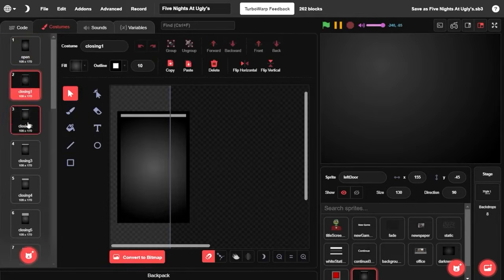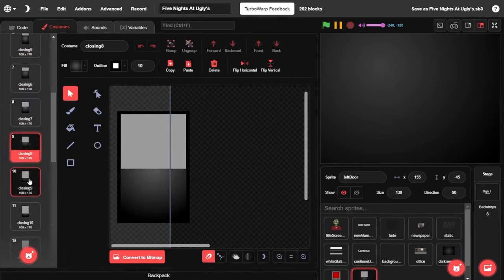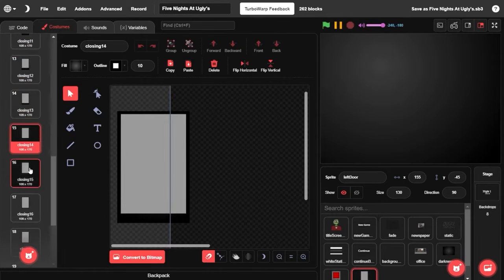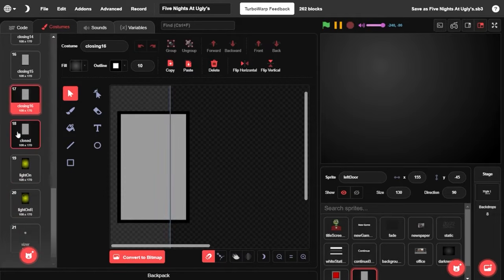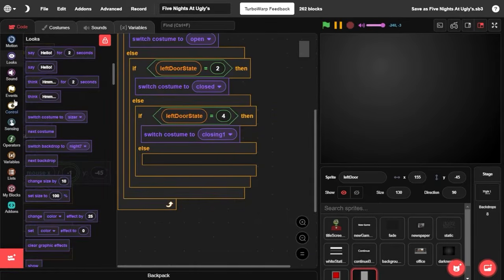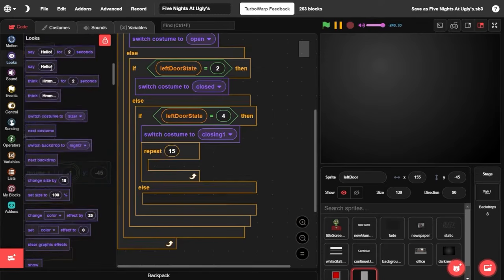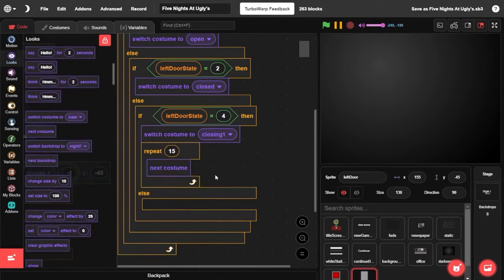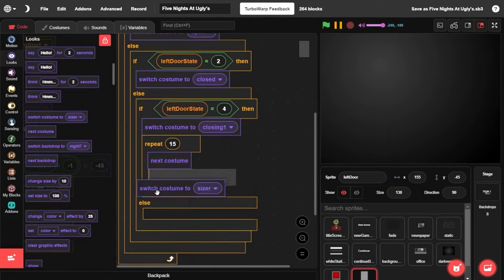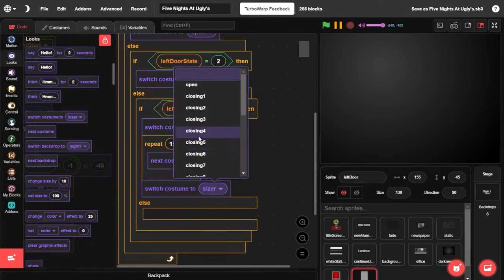So after this, we have 1, 2, 5, 6, 7, 8, 11, 12, 13, 14, and 15 before closed exists. So what we need to do is come to control and grab a repeat. We had 15, so that's what we're going to set that number to. And we are going to grab next costume and put it inside. Afterwards, we're going to switch our costume to closed just to double check and make sure we are on that